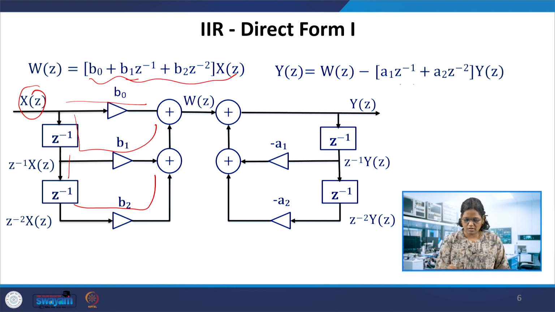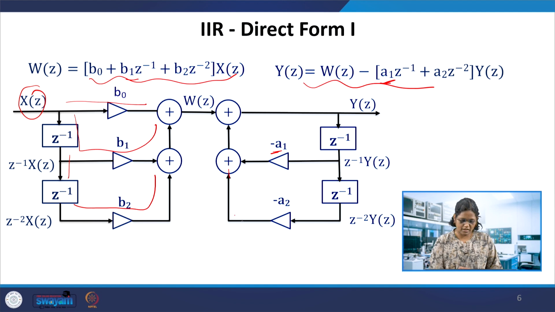Okay, so whereas this one, y of z here, equals w of z, and then y of z is a past output delayed and multiplied with this coefficient. You see the negative coefficient, and it is added; and this is y of z multiplied with a2 and added over here, which gives y of z. So this particular polynomial or expression is realized on the right hand side. So this is the cascade connection of H1 and H2.